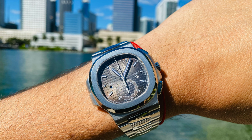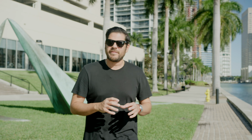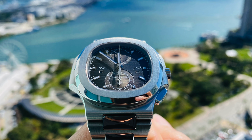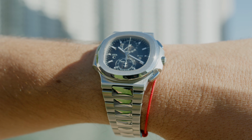It has a gradient black dial, which looks very nice. The only bone to pick that I have about it is the complication. Now, what does the 5990 have? Well, it's pretty much a chrono with a dual time zone. Pretty much a GMT. Couple buttons on the side here actuate the 12-hour hand, which I find a little bit